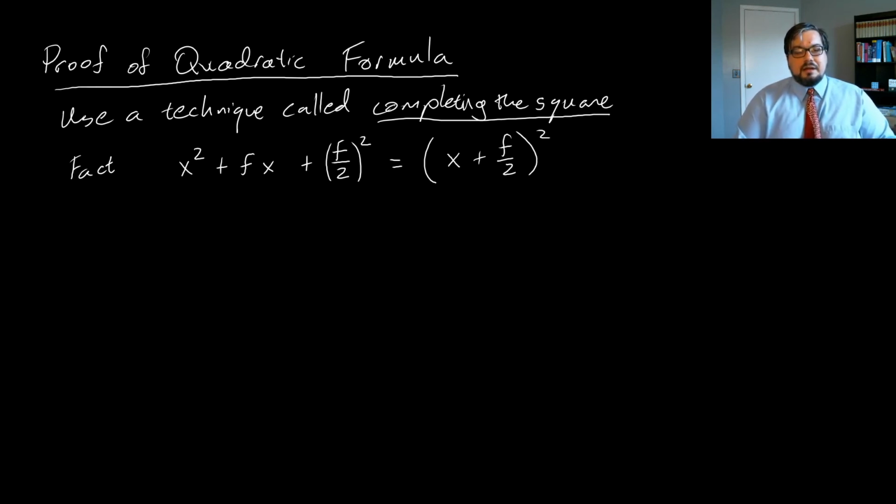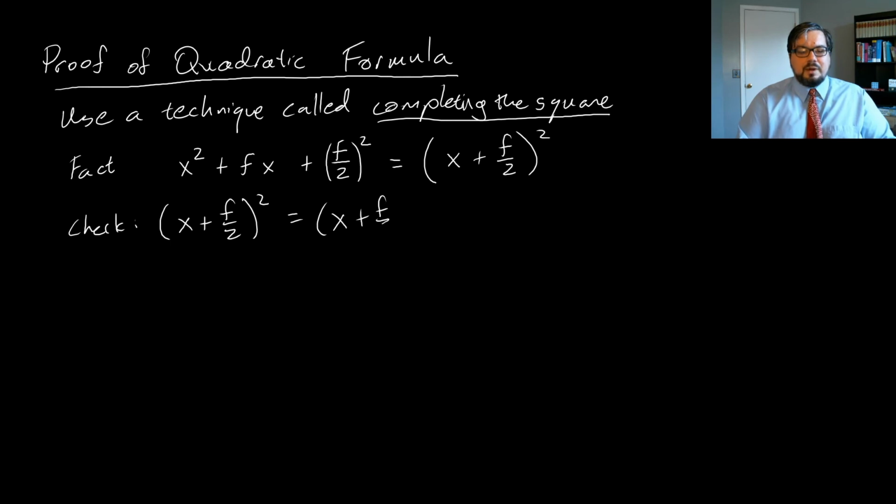If f is a real number, then this means that the left-hand expression is what we call a perfect square trinomial. It's the square of some expression, and we can see that over here on the right. Now, to check this, the easiest way to check this is just by expanding out the right-hand side. X plus f over 2 squared will be x plus f over 2 times x plus f over 2, which